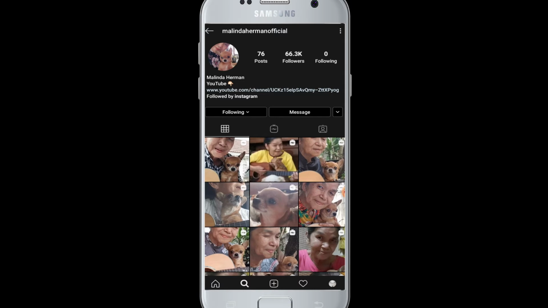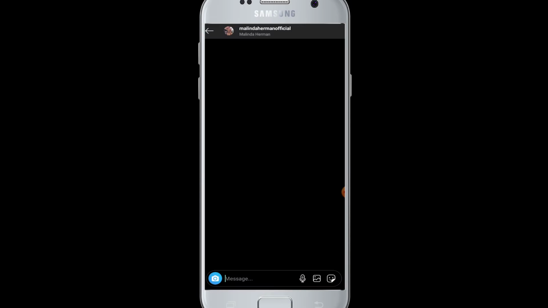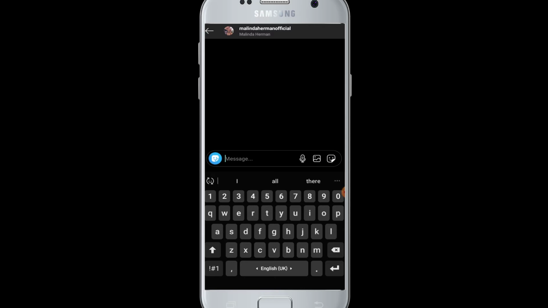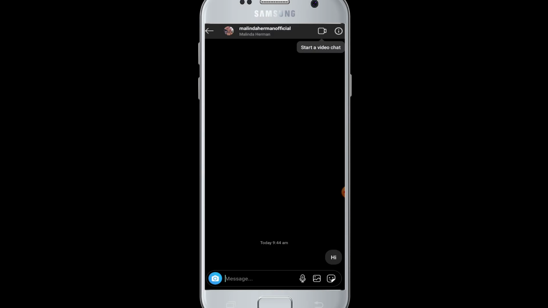see on their profile there is a message button. Tap onto it, and here you can send them messages or photographs, videos as well. Type a message over here and send it, and you will be able to start a chat or messaging over here